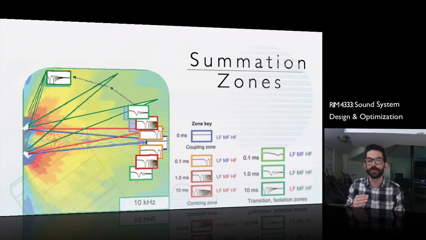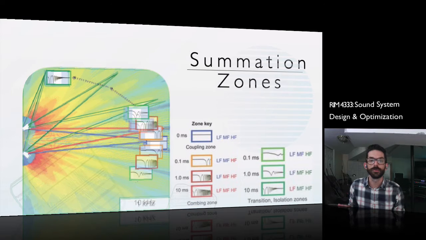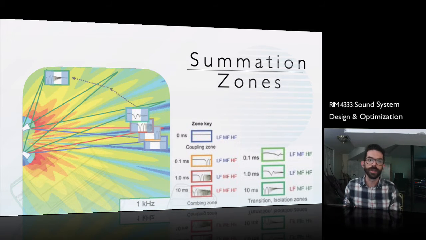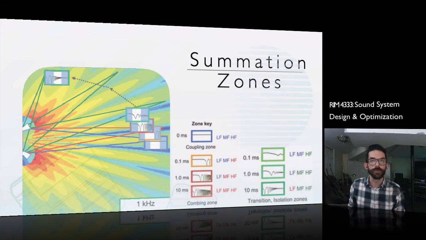But as we start moving off center, we begin to see that time shift fall within a period of 0.1 milliseconds, which is the time period for 10K. So it stands to reason that we'll start to experience comb filtering within our higher frequencies. Now, as we move lower down into the spectrum, you can see we start having more of these petals coming out of our polar pattern, and that's because we've now entered into a point where there is a 1 millisecond time offset between our two speakers, and the time period for 1K, that's 1 millisecond. So we're going to start seeing this periodic cycling of summation and cancellation at different frequencies based off of that